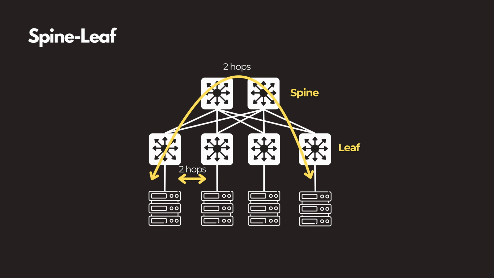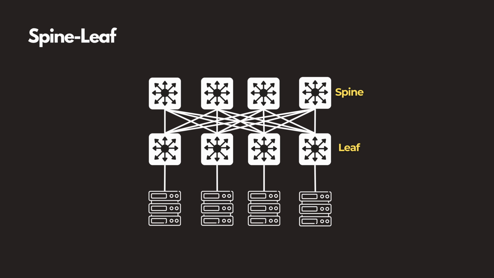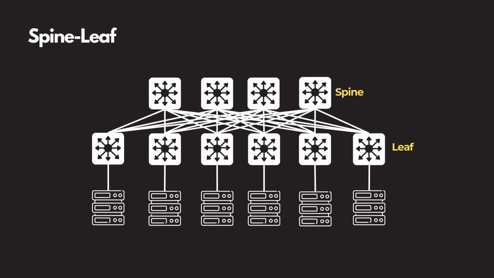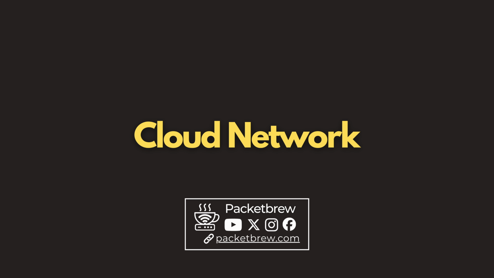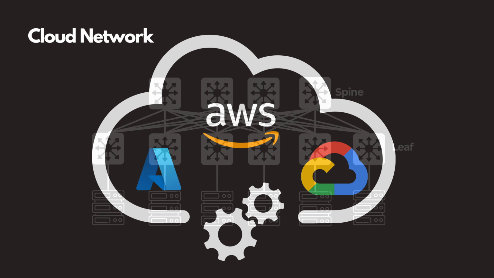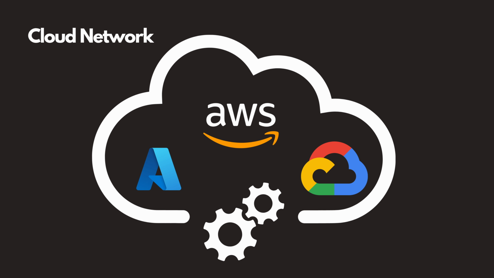It can easily scale horizontally. If you need capacity, add a spine. If you need ports, just add a leaf. It is used in data centers, cloud environments, and anywhere with heavy server-to-server traffic. It is the standard inside AWS, Google, and most modern private data centers. Spine leaf is how most cloud providers build their physical data centers.